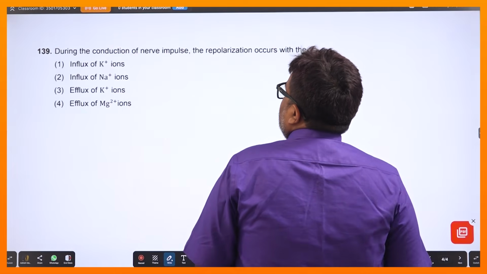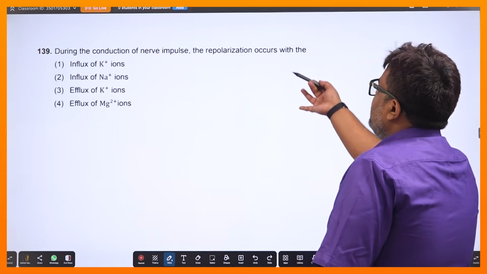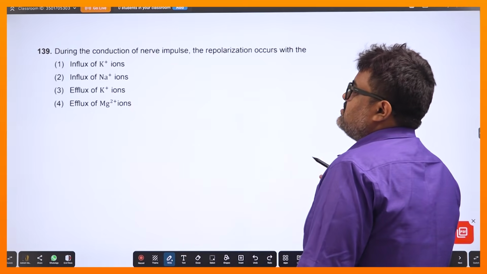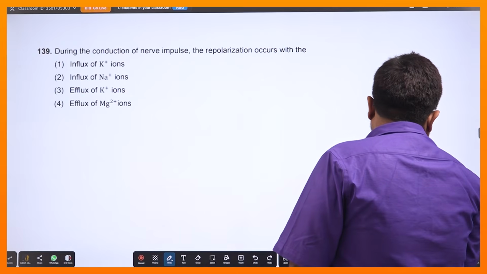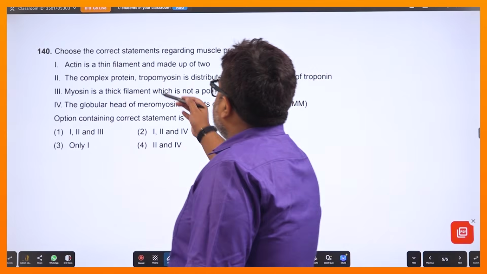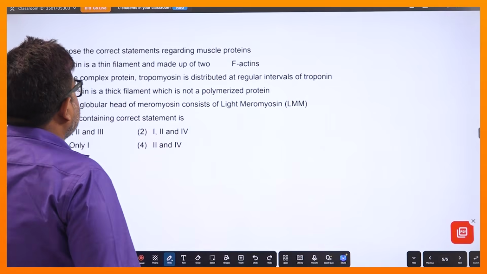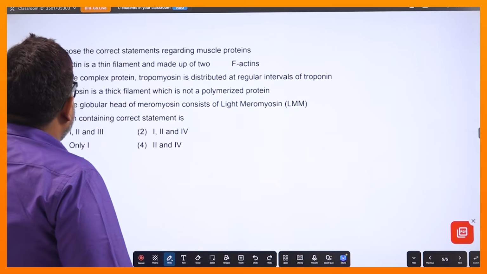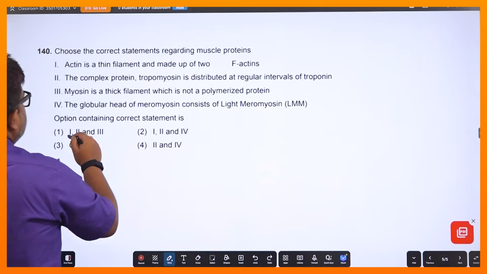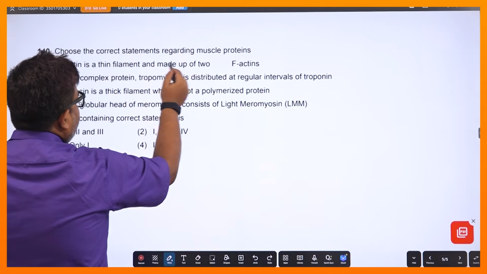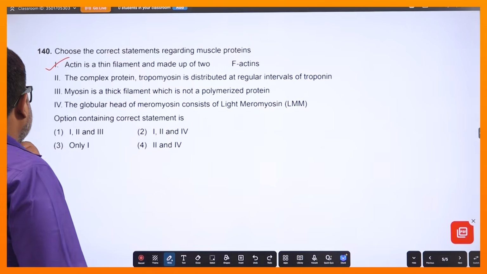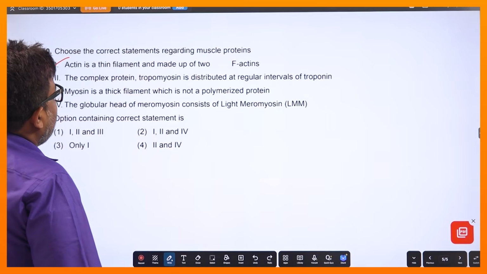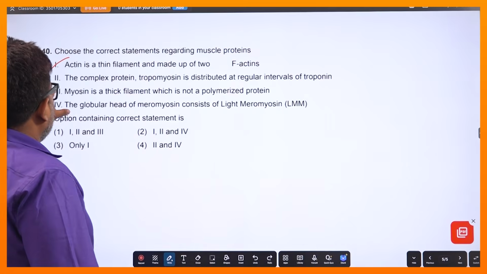নেক্সট যদি যাই, during the conduction of nerve impulse the repolarization occurs with the, এটাও আমাদের জানা আছে, বেসিক্যালি এফ্লাক্স অফ পটাশিয়াম আয়ন্সের জন্য হয়, আমরা তাই জন্য এটাকে দেখছি না, ঠিক আছে। চুজ দ্য কারেক্ট স্টেটমেন্ট রিগার্ডিং মাসেল প্রোটিনস, ঠিক আছে, কারেক্ট স্টেটমেন্ট বলেছে। দেখ আবার বলছি, কারেক্ট স্টেটমেন্ট যেহেতু বলেছে অ্যাক্টিন ইজ আ থিন ফিলামেন্ট মেড আপ অফ 2F অ্যাক্টিনস, এটা আমাদের জানা আছে, ঠিক আছে, মানে 1টা ঠিক। আচ্ছা, কমপ্লেক্স প্রোটিন ট্রোপোমায়োসিন ইজ ডিস্ট্রিবিউটেড এট